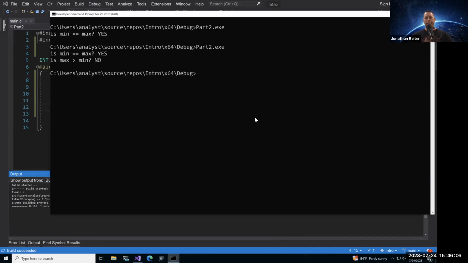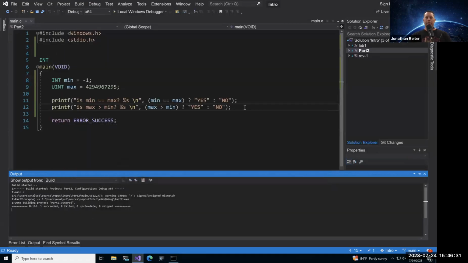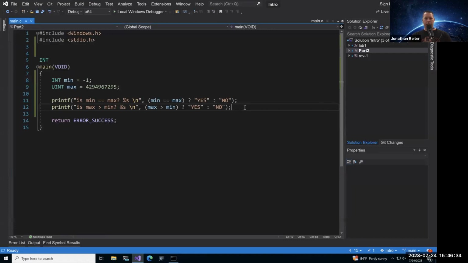That says no. Nope, it's not. It's like, what? Come on now. All right, so again, this is all about that negative value, that signed integer, being converted over to an unsigned integer. Some of the shenanigans happening behind the scenes can really mess up your program or your code. So again, I can't emphasize this enough: know some of the behavior of what can happen when you play around with these different data types.